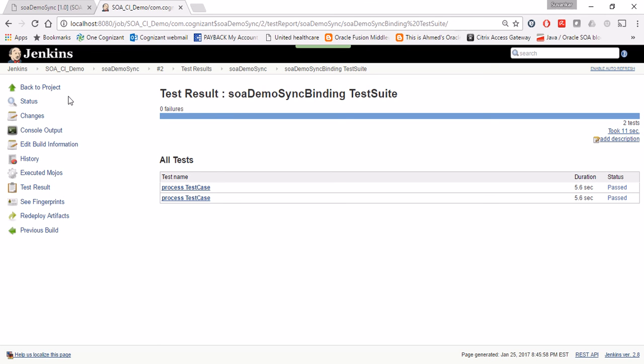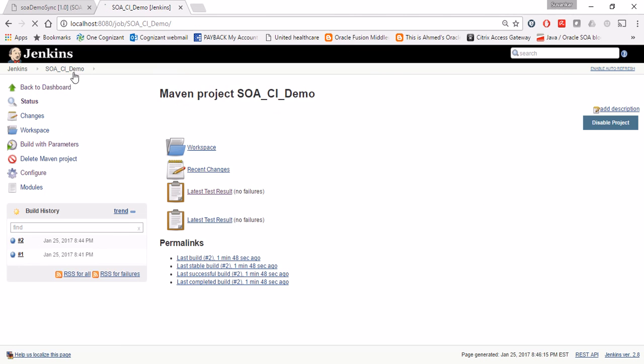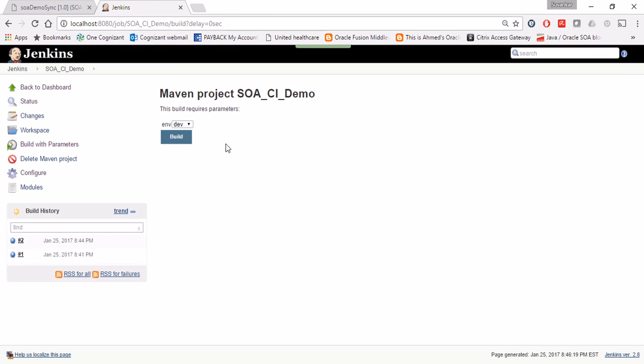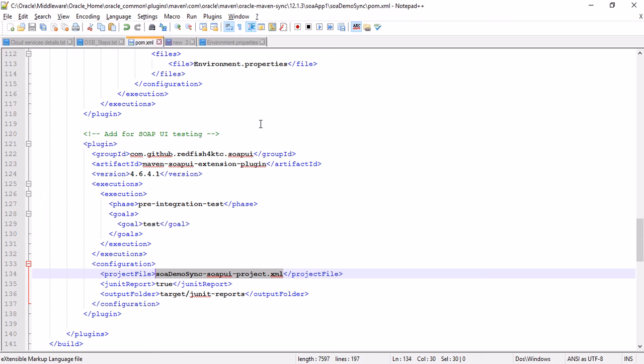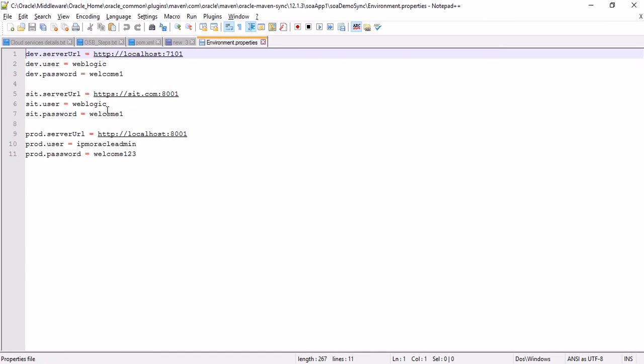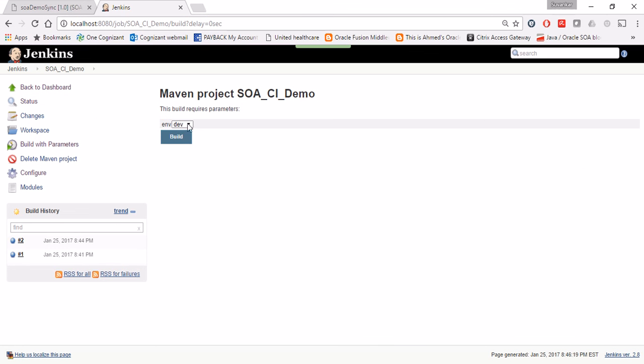So now let me show you if we can do a deployment dynamically to some other environment. So for this demo purpose, we can use some other environment apart from dev. So in the environment properties files, I have given some other imaginary server names here. So ideally the build should happen, but the deployment will fail. So let me select a different server here and try to deploy it into